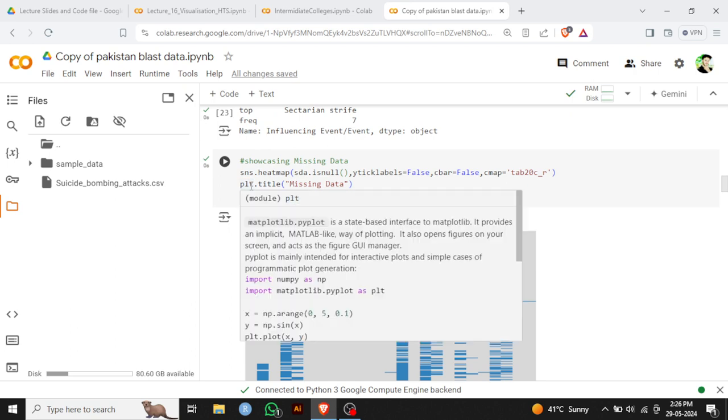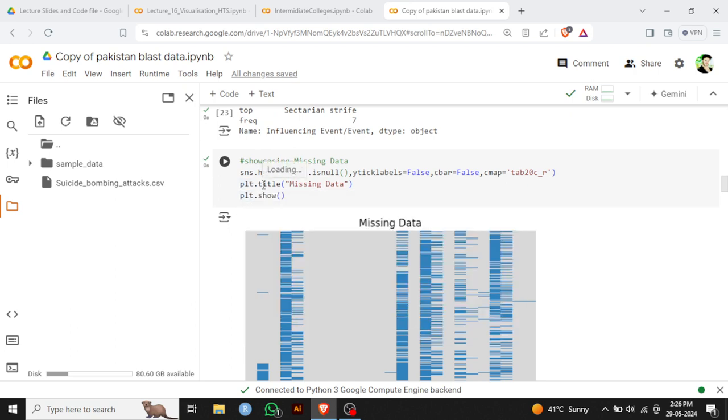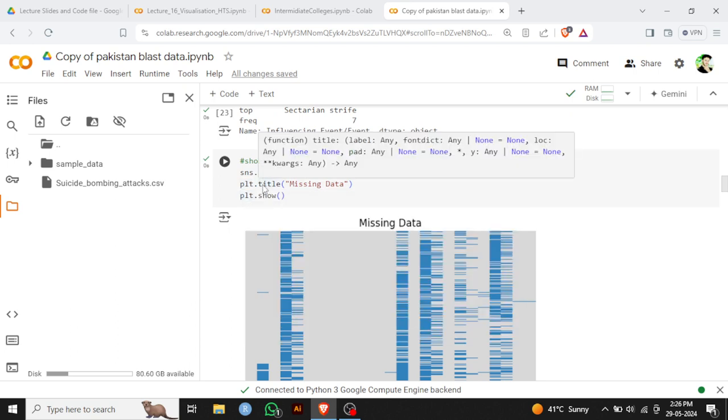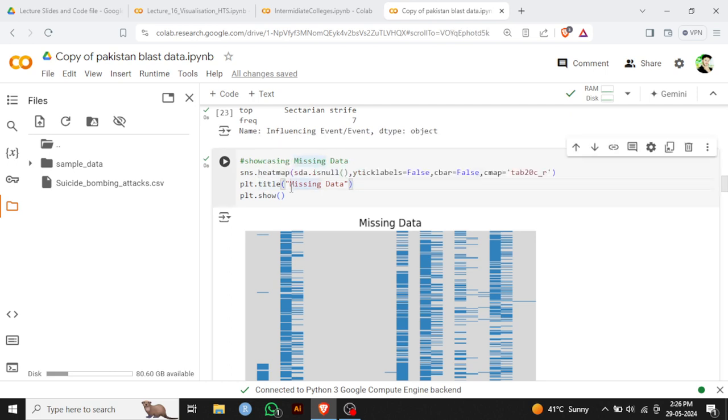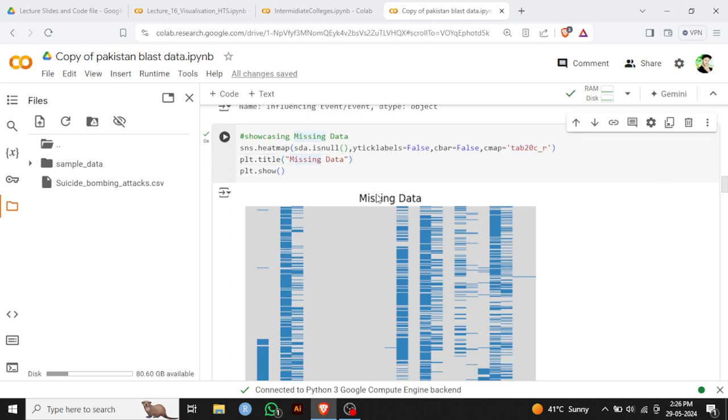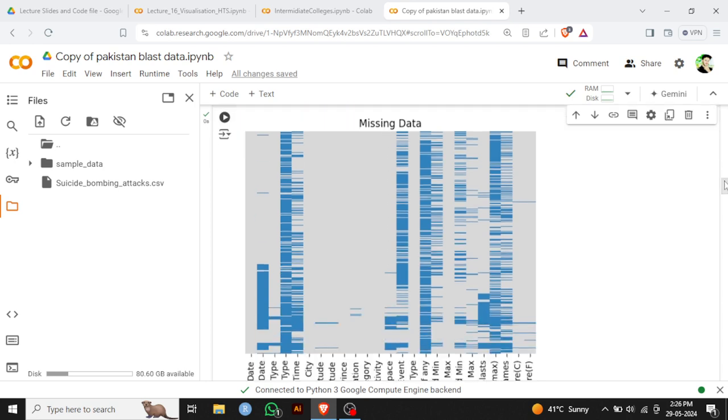So go to matplotlib, and I am recommending here that you put the title as missing data on the top, and then plt.show. It means show us the plot. Here you see that the missing data is on the top because it is the title name, and the entries